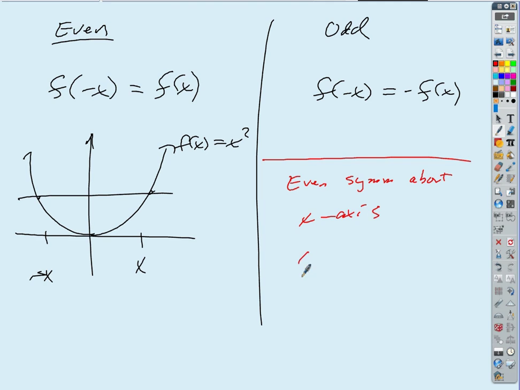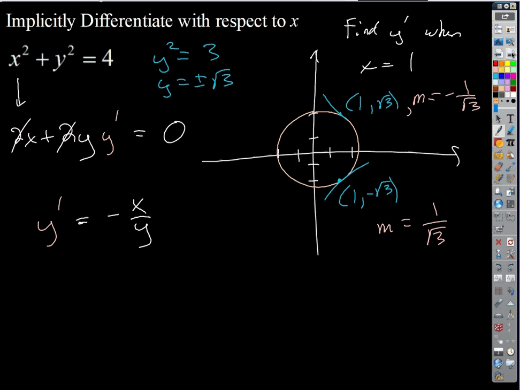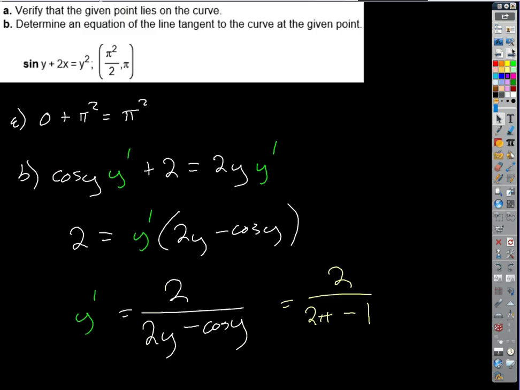So this would be an example where f of negative y would just equal f of y, and that's what we got in each case. Okay. Like for example here, if I plug a negative y in, it's not going to change anything, is it? It's being squared. Okay. So this is one that's going to be even with respect to both axes, isn't it? I mean, it's a circle. It has all symmetry, doesn't it? It has even symmetry, it has odd symmetry, right? See what I'm saying? Okay. All right. So what about